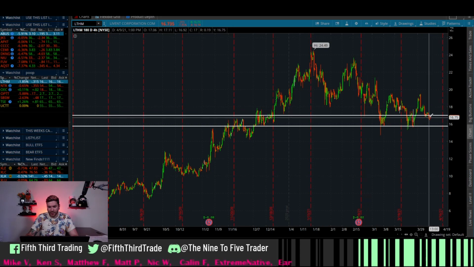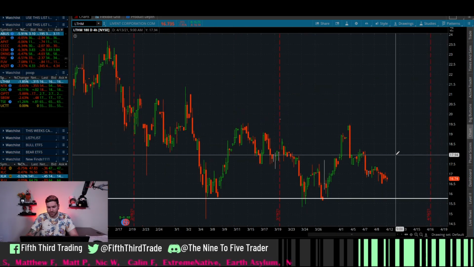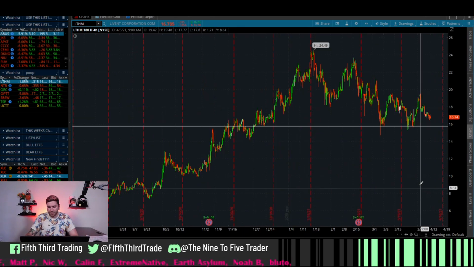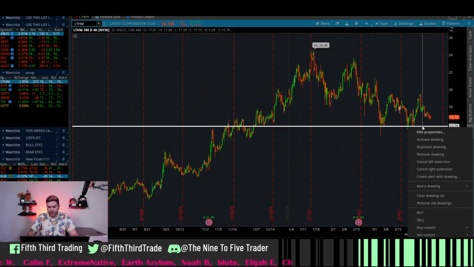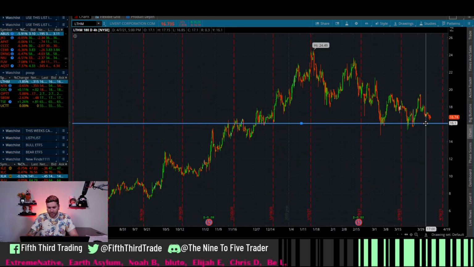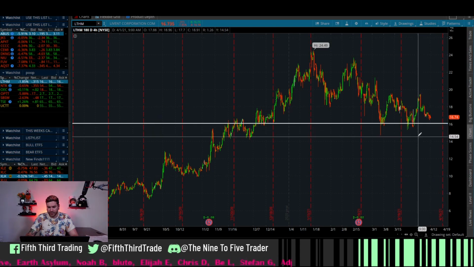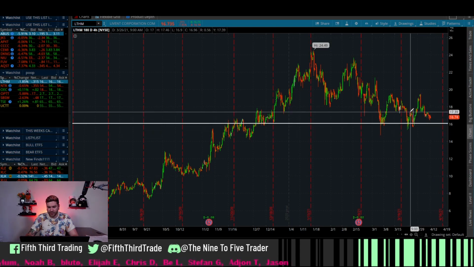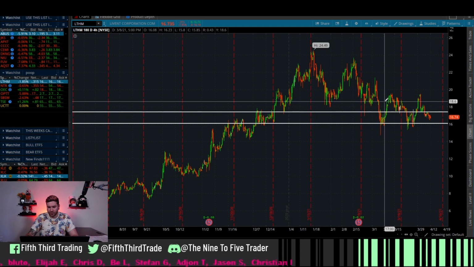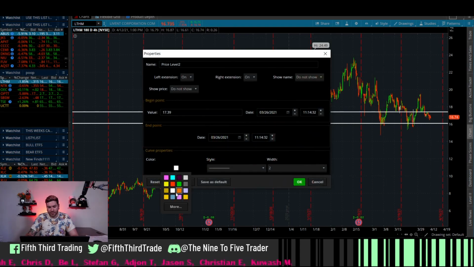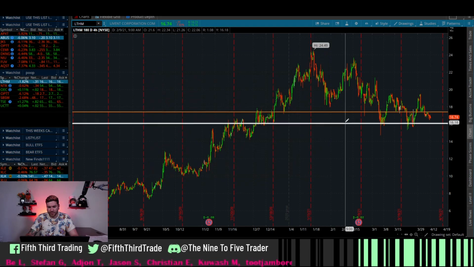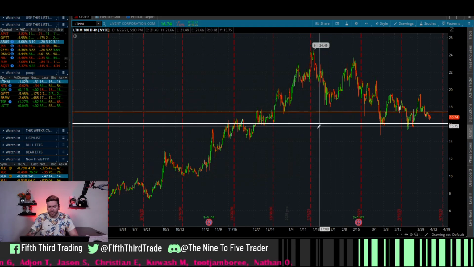And seeing as this is breaking right now, showing no sign of life, you can see it's just dropping down. I'm definitely not going to put a lot of emphasis onto this one, so I may take this one and adjust it as needed. I think right about there makes a lot of sense. That's probably good. And our first resistance will probably be somewhere around here moving forward, right? And I make my resistances orange as always. That's my color choice. I like white as support, orange as resistance.